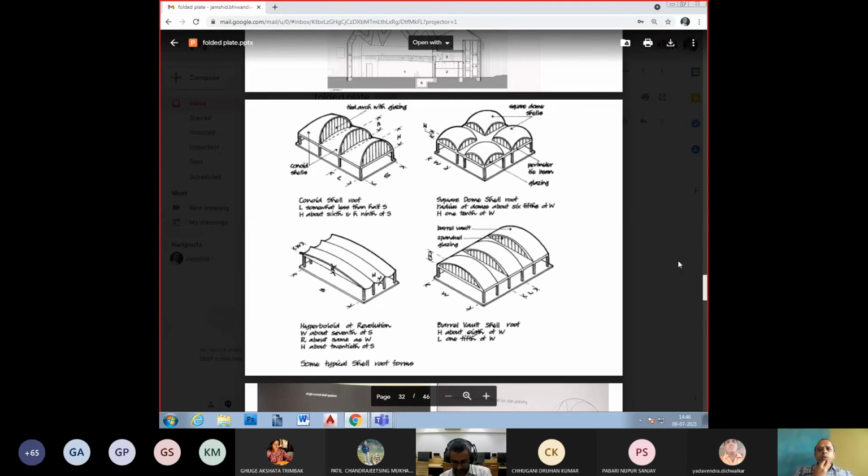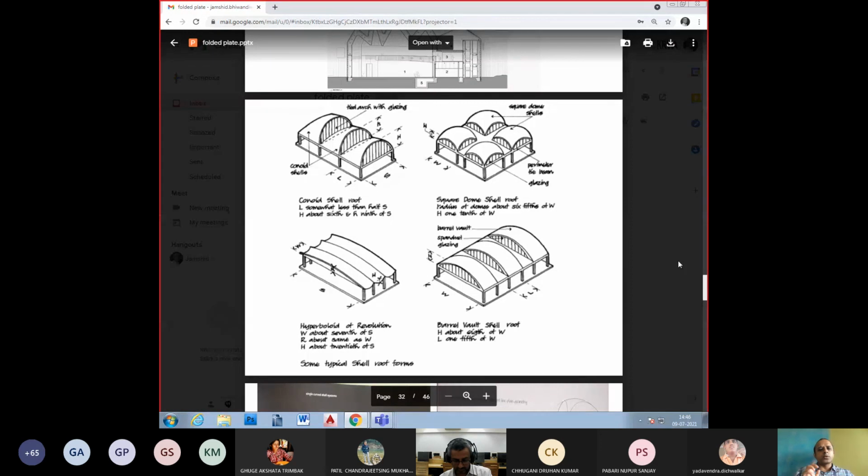Basically, if you want to understand concrete shells, you have to compare them not with brick walls or brick arches or domes. You have to compare them with your regular eggshells. Now, what is the difference? If you look at the egg, in a certain direction it crushes, and in a certain direction, it has a capacity to withstand a tremendous amount of load. But the thinness of the egg doesn't matter. It is the shape which is giving the strength.